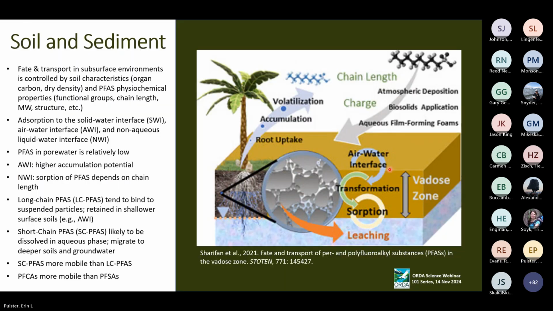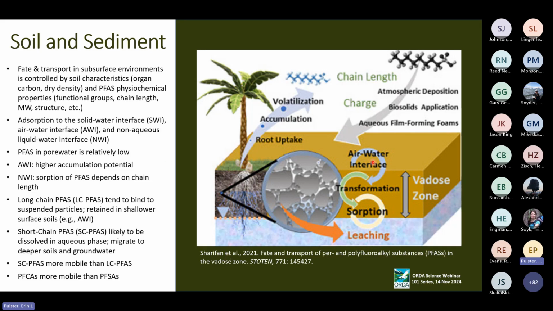If we get into soil and sediment and some of the characteristics that control PFAS transport in soil and sediment, it has to do with some of the soil characteristics as well as the PFAS characteristics. So for instance, the amount of carbon content in your sediments, and the functional groups and chain lengths of your PFAS can really dictate where they're going to move throughout the subsurface. Some of these other